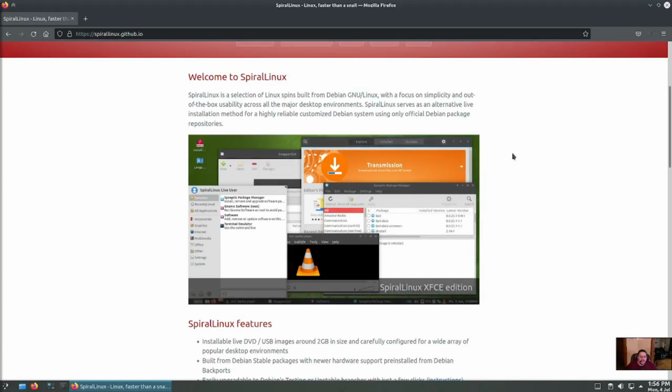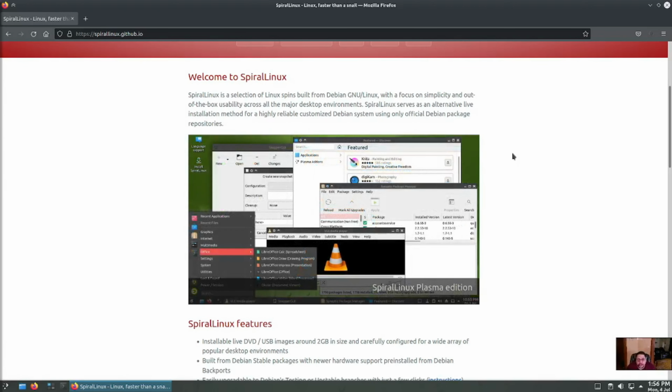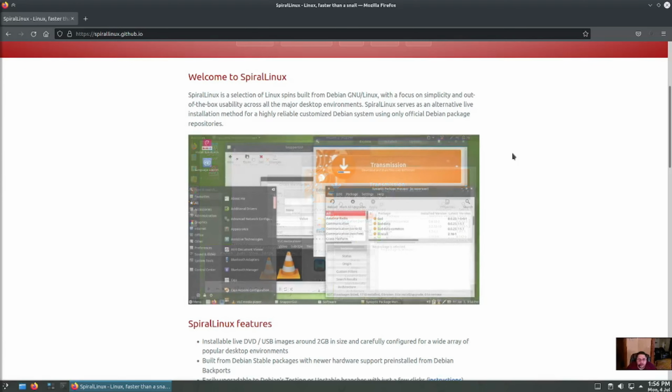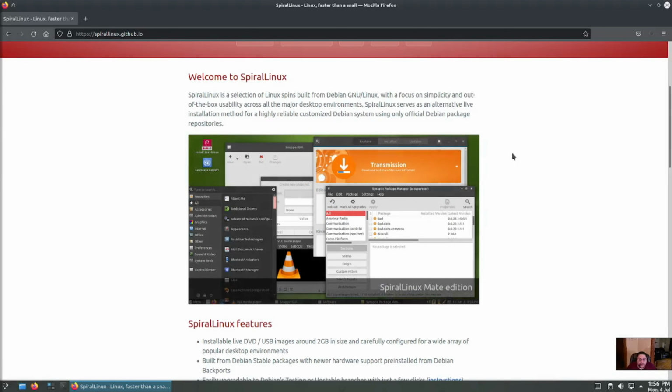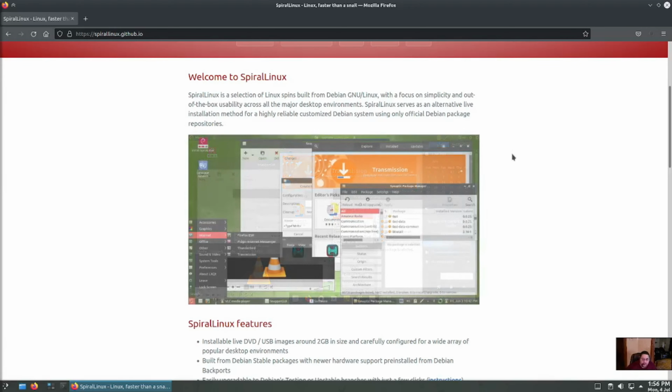Spiral Linux is a selection of Linux spins built from Debian GNU/Linux, with a focus on simplicity and out-of-the-box usability across all major desktop environments. Spiral Linux serves as an alternative live installation method for a highly reliable, customized Debian system using only official Debian package repositories. Spiral Linux features: